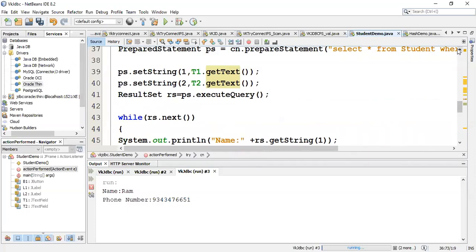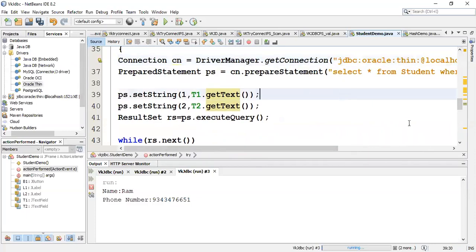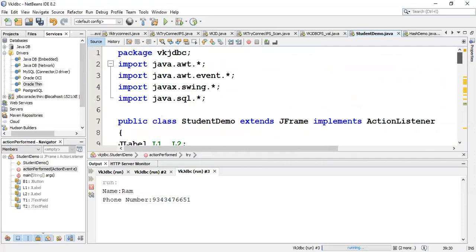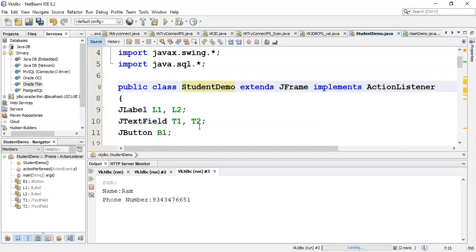Why I'm repeating this is, one, because he had a doubt. Second, I want to remind you about this journal program. It opens one swing window with two text fields. One asks for the student name, and the second is for the phone number.